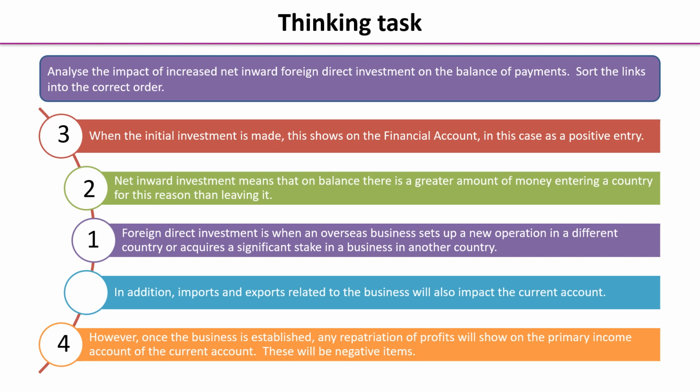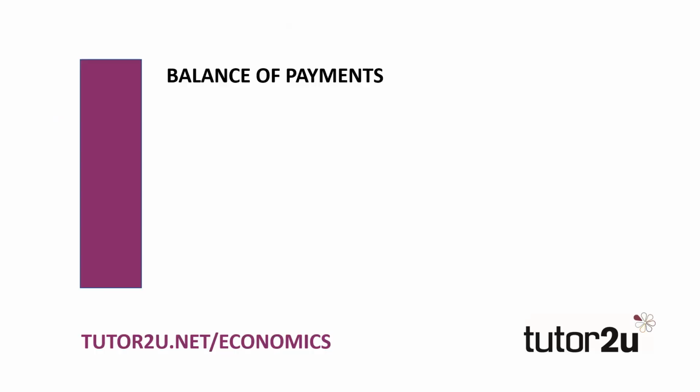And then the fourth one is the one right at the bottom. However, once the business is established, any repatriation of profits will show on the primary income account of the current account. And the final part here is that any imports or exports relating to this business will also impact the current account. There we are, an end to this